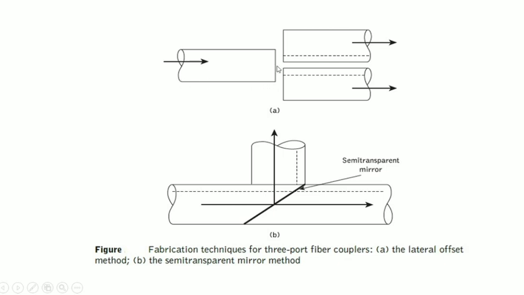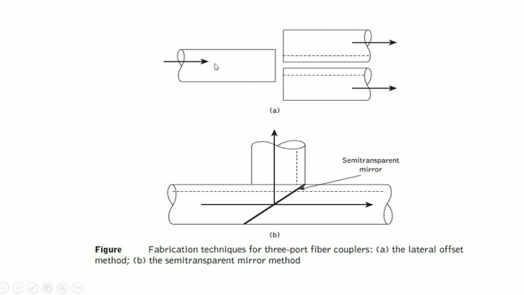It relies on overlapping of the fiber end faces. How is it done? It is done with the overlapping of fiber end faces. You can observe that this is fiber 1, this is fiber 2, fiber 3. This will be overlapped for fiber 1. You can observe in the dashed line, it will be overlapped. Light from the input fiber is coupled to the output fiber according to the degree of overlap. How much it is overlapped, that much light will be coupled.